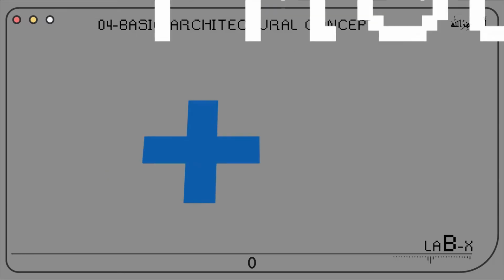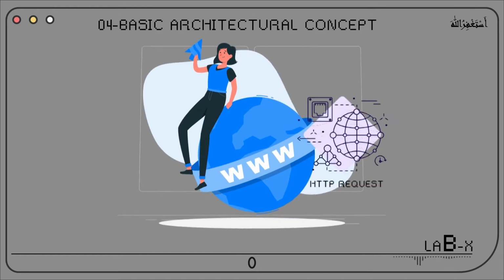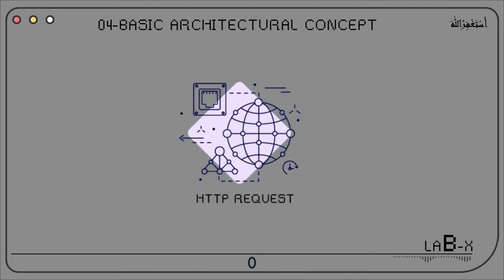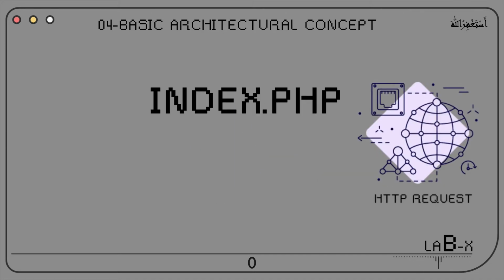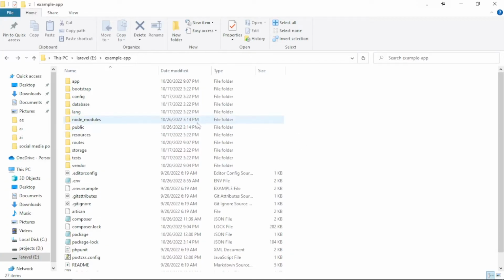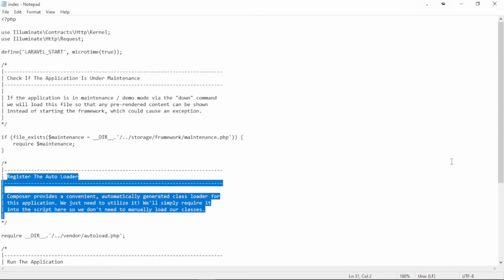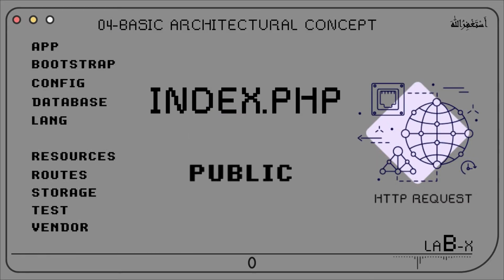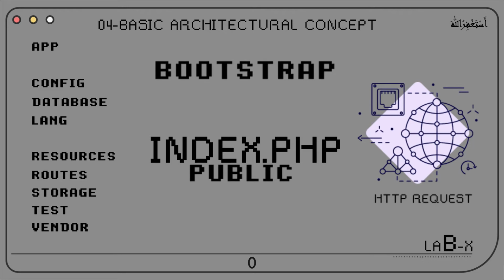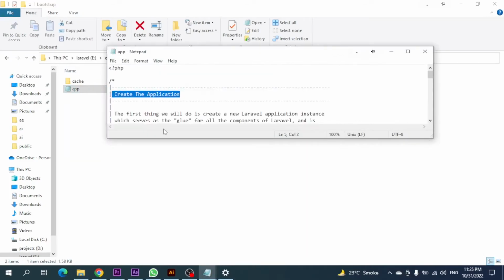So programmer plus developer friends, when we run PHP artisan serve, it starts an HTTP request cycle which is generated by the file index.php located in the public directory. It loads the composer generated autoloader and retrieves an instance of the Laravel application from Bootstrap and starts Laravel.